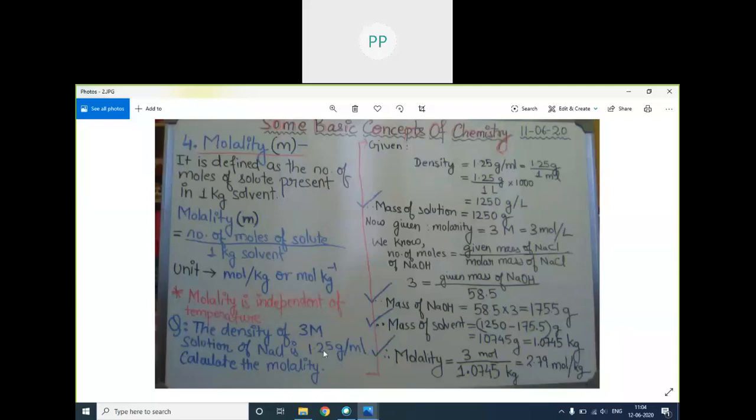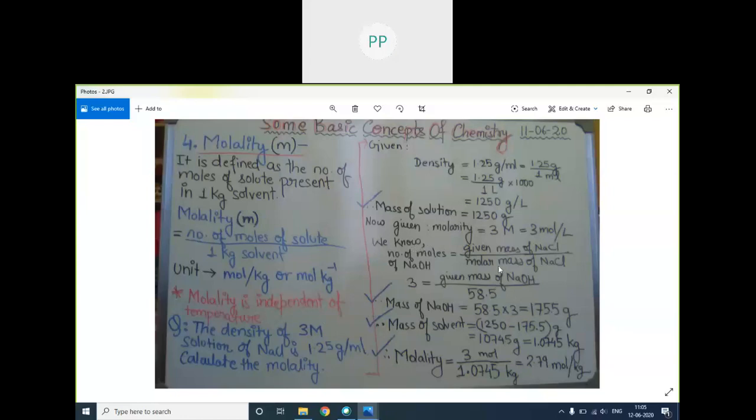So how are we going to proceed? Number of moles is already given in the question, that is 3 moles. Okay, 3 molarity means 3 moles is present in 1 liter. So we are already getting the number of moles. Now we have to calculate mass of the solvent. How will we get the mass of the solvent? There we have to use the density idea. From density we are going to get the mass of the solution. Mass of the solution we are getting, and again using molarity, number of moles by given mass by molar mass, to calculate the mass of solute.